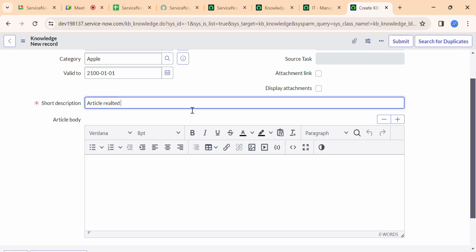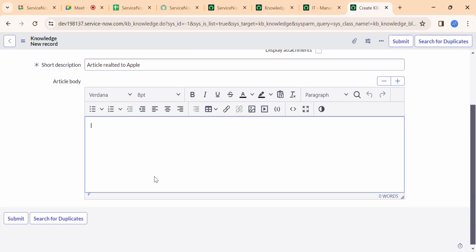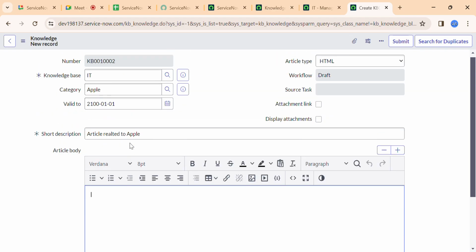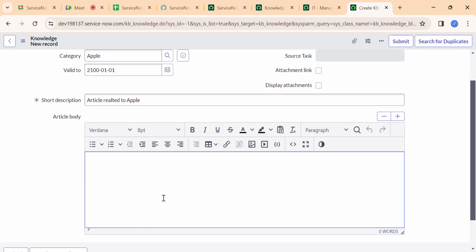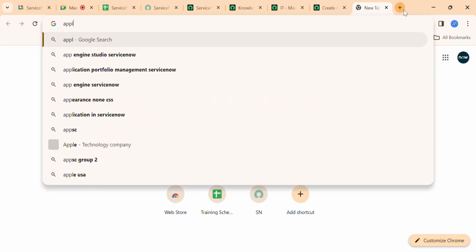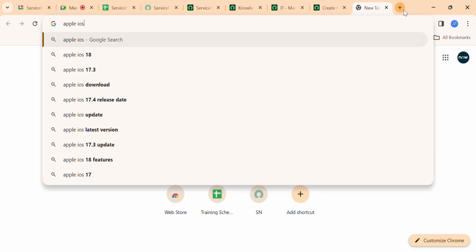And let's give the short description as article related to Apple. And again, you can give the article body, meaning how to configure Apple iOS and how you do that, any information.